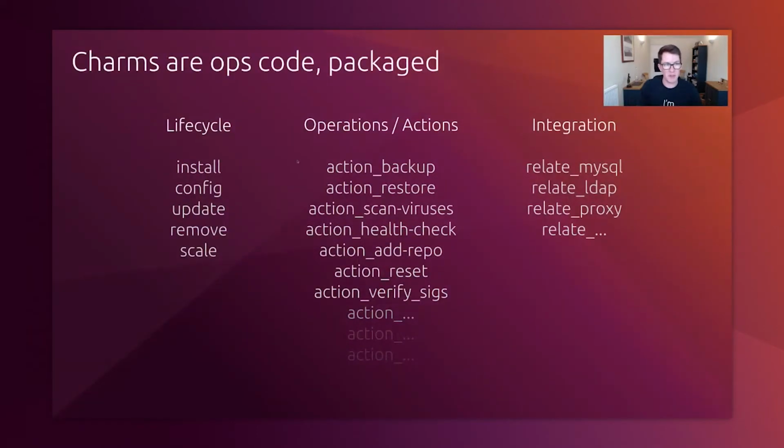So as I mentioned, charms are just ops code packaged, and you'll likely have used other tools that already allow you to carry out those normal lifecycle events, right? So your standard install, configure, update, remove, scale application type events. But where our operators really start to come into their own is in our ability to specify day two actions